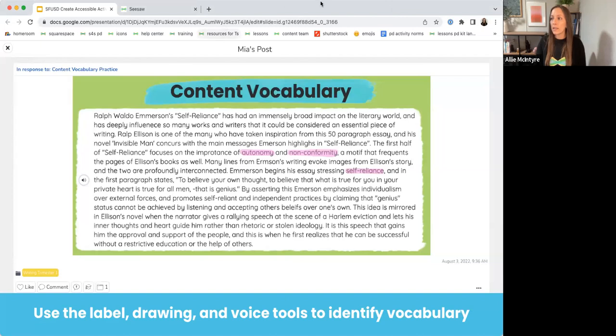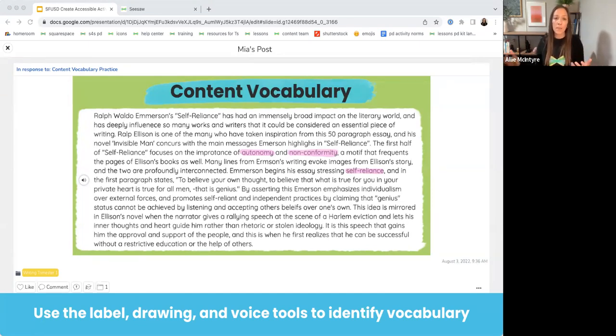So you're going to see here that this student chose to use the voice tool. That's this little speaker icon right here, to explain the meaning of those words. So they recorded themselves explaining the vocabulary definitions. The teacher here provided this choice in output to make sure that the assignment was accessible to all learners. Again, they also could have given that option to either have the student take a picture if they had their essay printed out, or maybe upload a screenshot of the essay if it was typed in something like Google Docs, to this Seesaw activity.